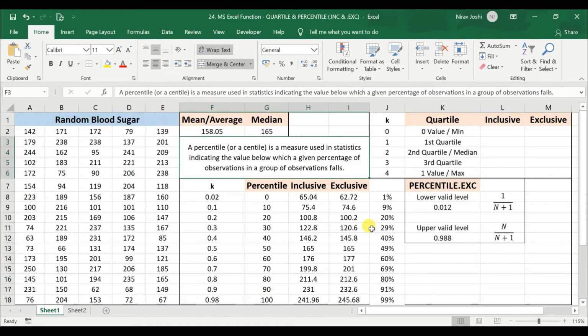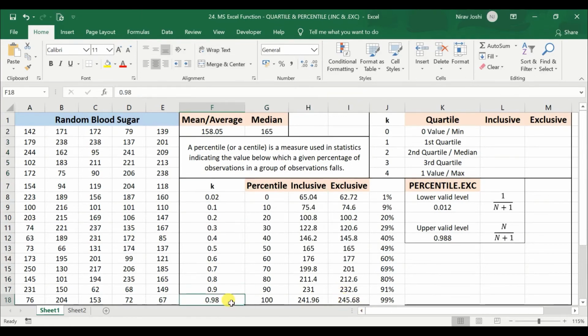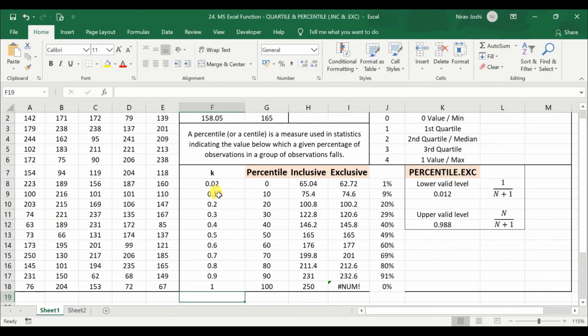So when we talk about the 100 percentile by this definition, that means that 100% of the values should be below that. But when we calculate that 100 percentile, that would be the maximum value in that range. So that maximum value is itself an observation in that data, so that data itself is not below that cutoff, and that's why there is still one value which is at an equal level to that 100 percentile value, and that's why it is showing this num error here when we provide it with 100 percentile in this function.